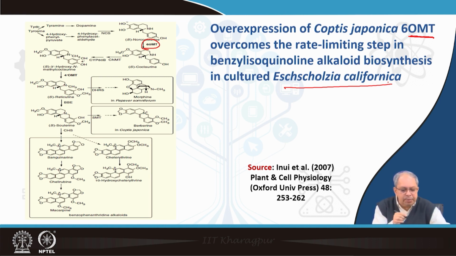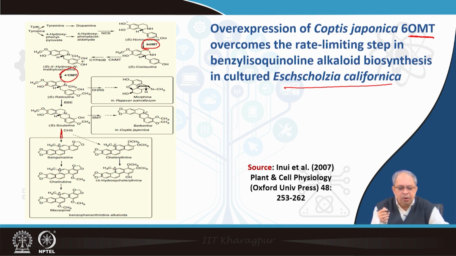The other one we have seen was basically the expression of a much later step gene, that is Scoulerine SMT, which is further downstream here. But now, they are targeting this one. So, what they have done basically, they have chosen two genes, one is 6-OMT, another is 4-OMT. So, in two parallel systems they have transferred the 6-OMT gene and the 4-OMT gene, and they express these, and then later they try to see what happens as a result of this expression on the